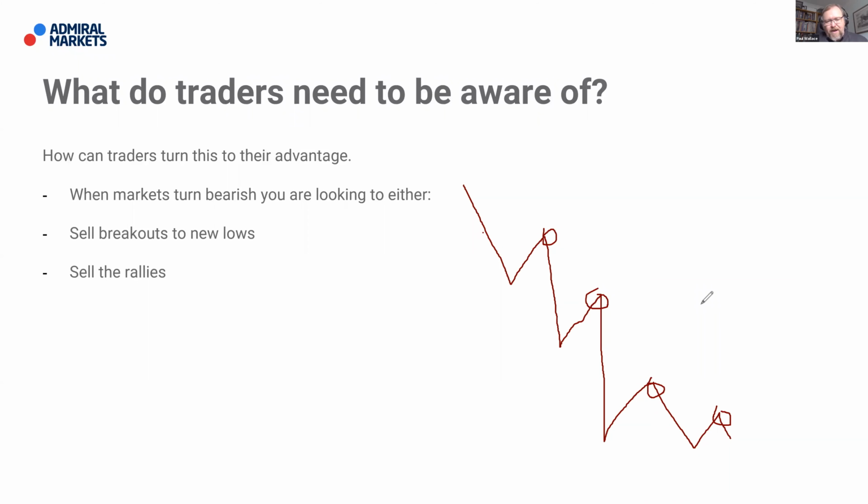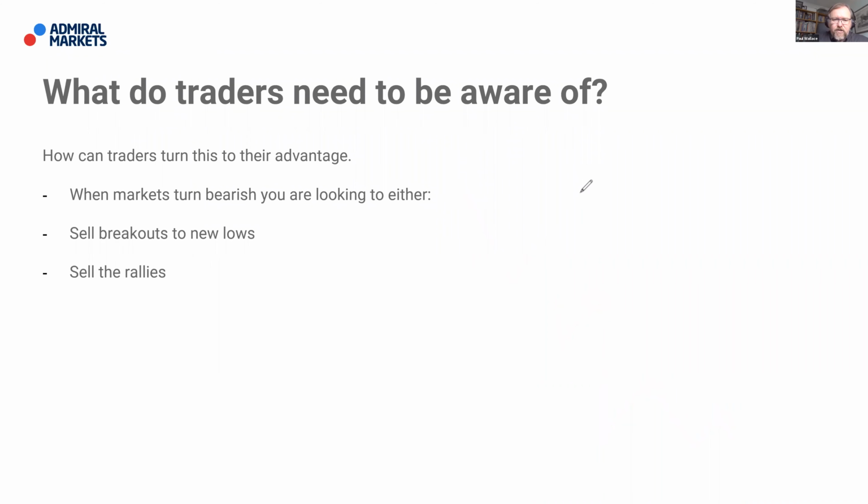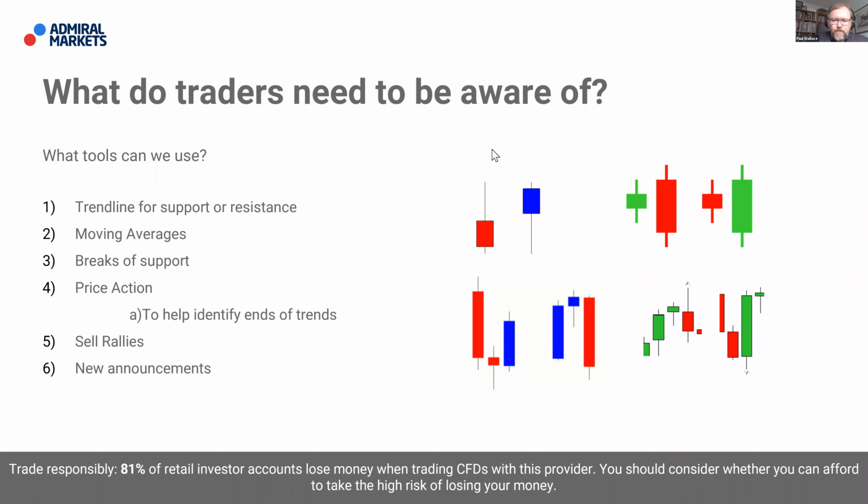So, you're buying dips in an uptrend, and you're selling the rallies in a downtrend, and that's a good way to be a versatile swing trader, once you've identified that we're entering bearish market conditions. So, once you're looking to do that, let's say sell rallies or maybe even sell breakouts to new lows,